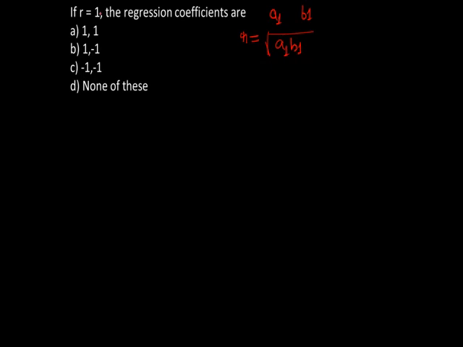As r is coming out to be positive here, the only possibility out of the given choices is that a1 and b1 should both be plus 1, right? Because the maximum value is already achieved, and whatever is the sign of r, the same is the sign of b1. We don't have the possibility that if a1 is greater than one, the other is less than one. So out of the given options, we will take the first one, that is, the regression coefficients are 1, 1.